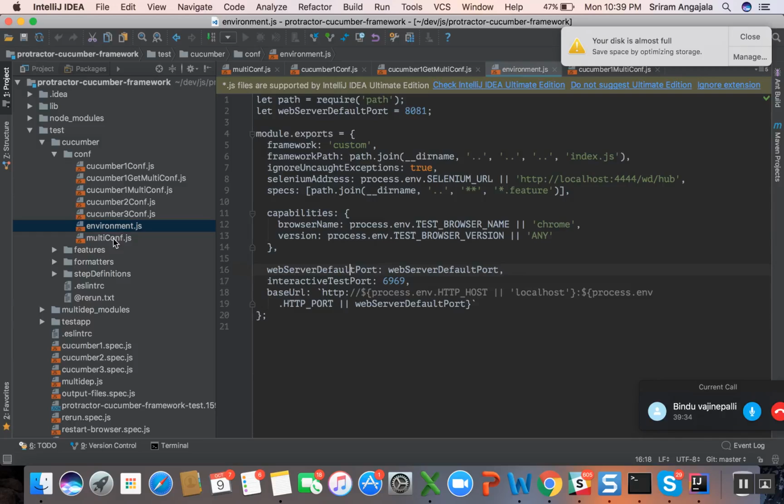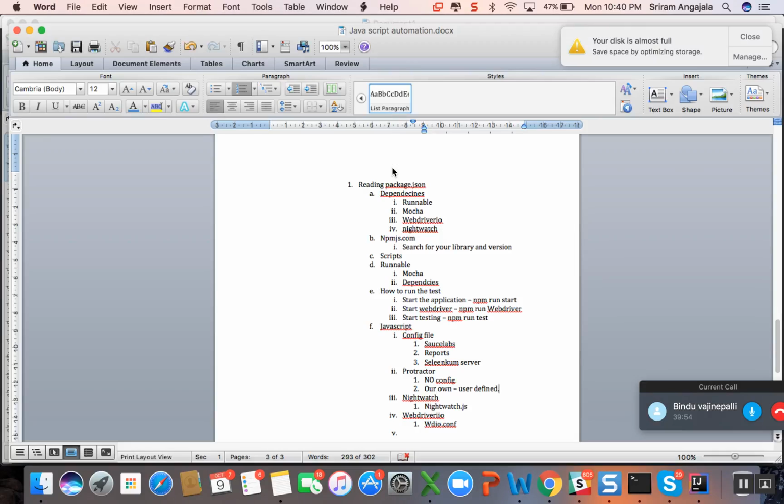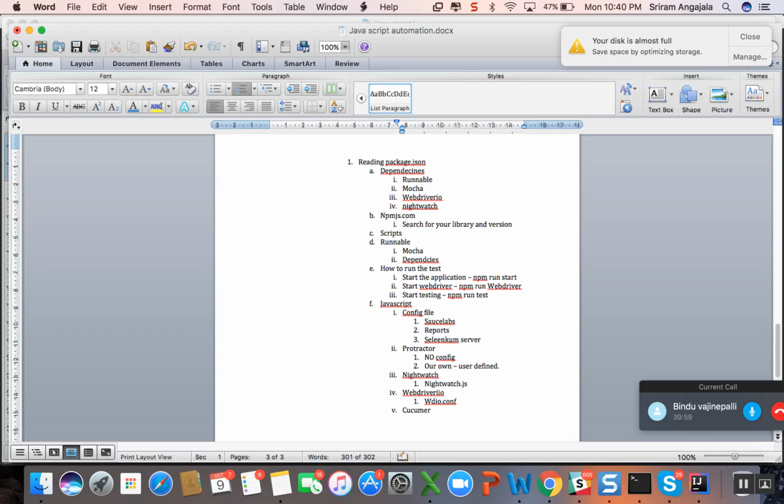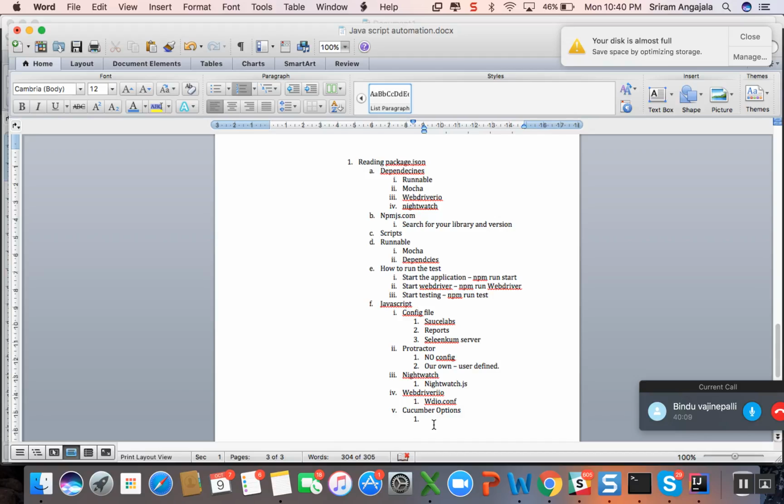Once it is in environment.js, it reads all the config of the environments, and it is requiring this. What it does is configure the object as an environment, with Cucumber options. This is the place where he is providing Cucumber options. You know Cucumber options, right? Like in Java we have that runner file. Usually the Cucumber Runner has Cucumber options, right? So in our framework, what he did is